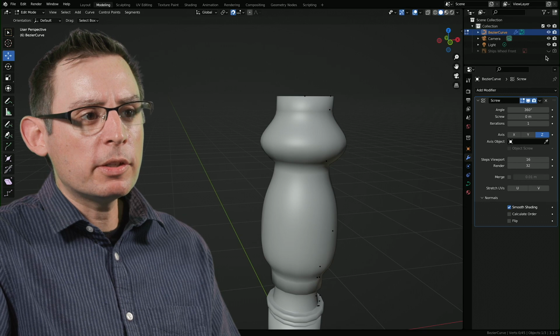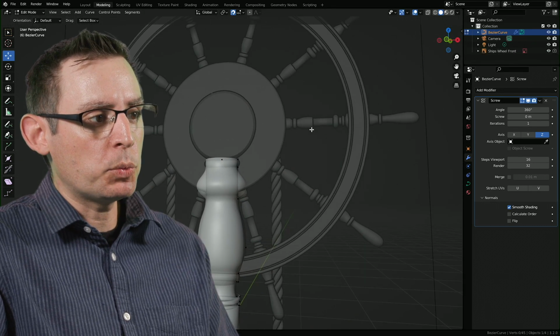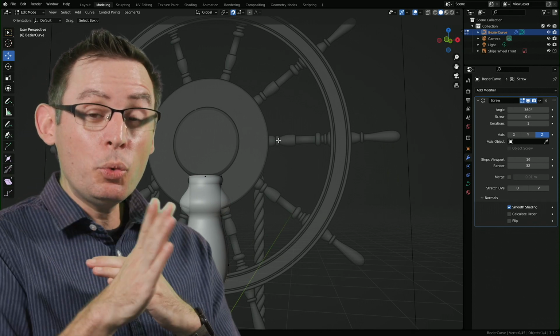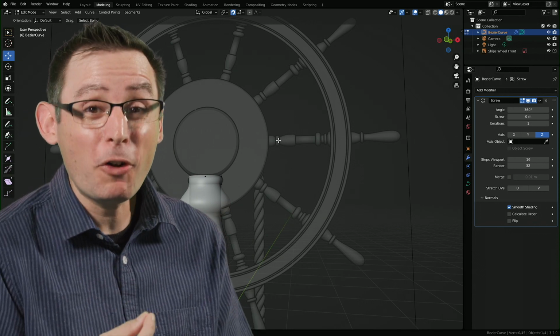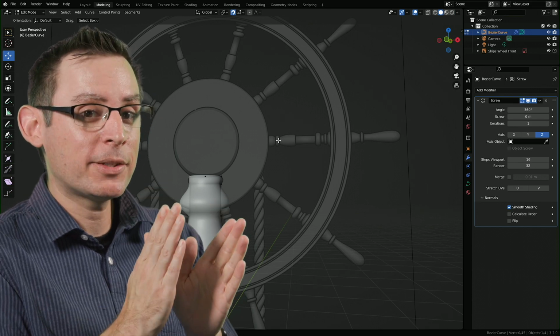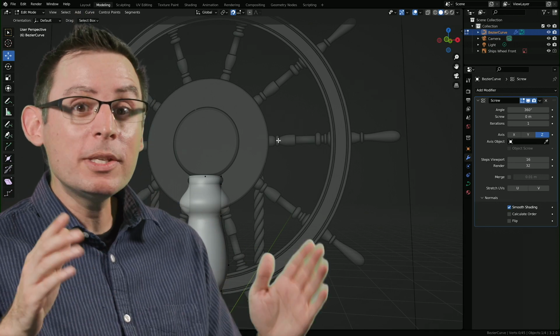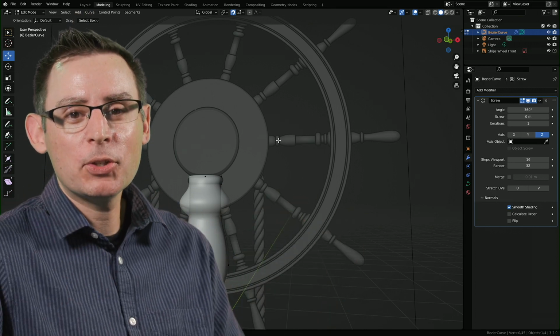So I would redo this entire process, of course, for the pedestal, and this spindle as well. Creating all these really cool profile shapes would be really difficult with the traditional modeling tools that we've learned so far. But with the path system, it's easy, simple, highly editable, and we're always going to get wonderfully smooth, soft curves.